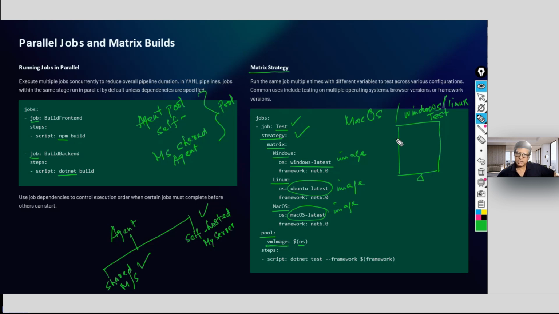You do not know, but you must be ready to port your application on any of the environments or platforms that is ready. So you must test it in all three of them. So after Windows testing has passed, you change it to Linux. Linux has passed, you change it to Mac OS. So the entire test has passed. That is your strategy. You do not need to change the YAML file, the pipeline script at all. It will add up to basically what OS you are using over here. That's all.